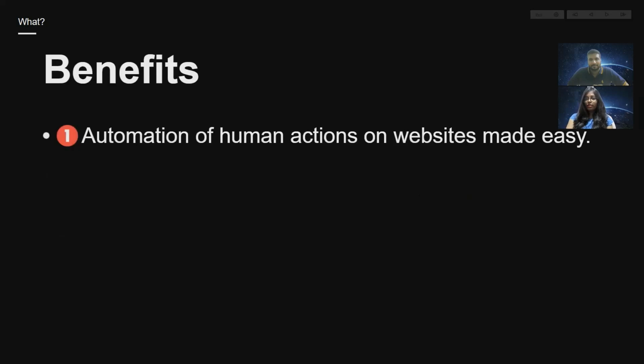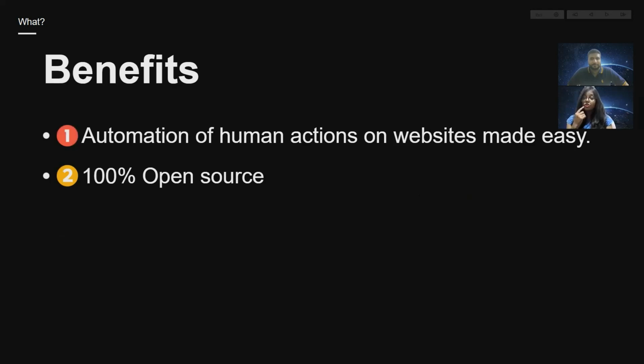And what are the benefits of Cometa? The first one is the automation of human actions on websites is made very easy. You just have to go onto your website and just take out the steps, and your automation is ready.